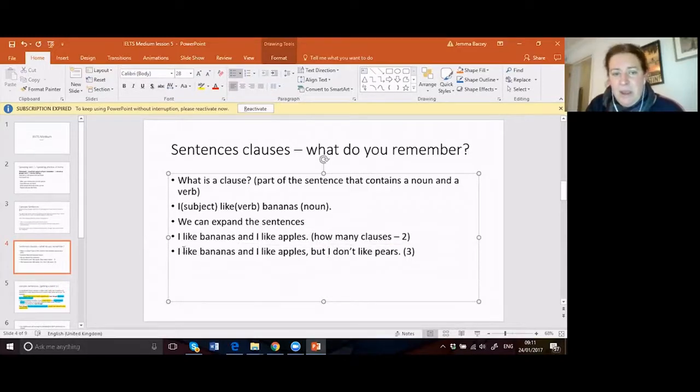We've got 3 verbs, like, and don't like. And then we've got 3 nouns, bananas, apples, and pears. And we've got our linking words of and, but. Okay, so within the IELTS writing, you need to be including sentences that are basic,